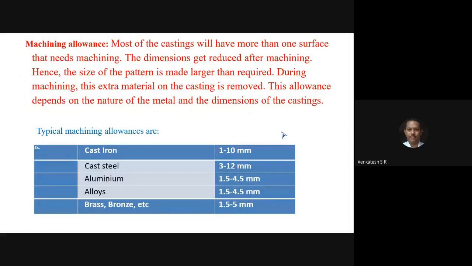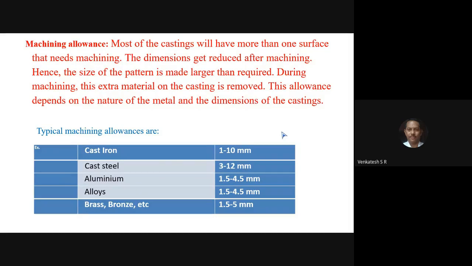Next, coming to the point, very important for mechanical engineers, the machining allowance. Machining allowance, as I told you earlier, you cannot produce a smooth surface on the casting. So for that, a little bit of machining is required. For that also, some allowances are provided in the mold cavity so that you can machine and produce